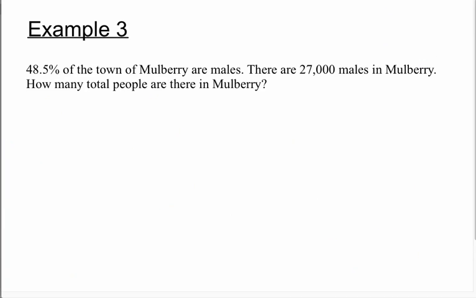In example 2, we've got 48.5% of the town of Mulberry are males. There are 27,000 males in Mulberry. So one way we can do that is we can let the number of, so this is how many total people are there in Mulberry. We can let the population of Mulberry equal X. That means that